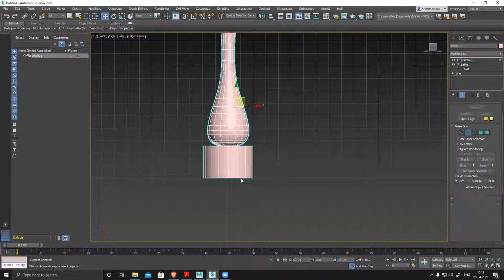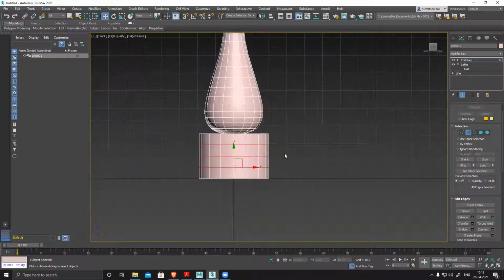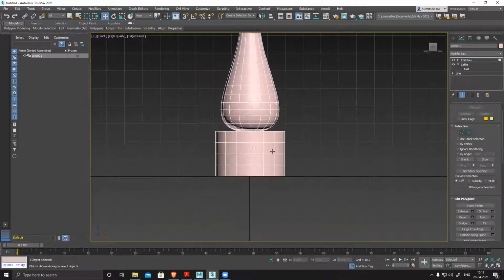Now suppose I want to add a few details here. Select all the edges, then connect. I can connect it like this. Or if I want to connect multiple, click on the connect settings. I can connect it like this. Then polygon mode again.